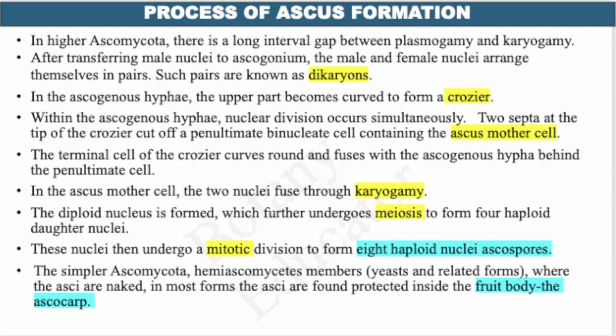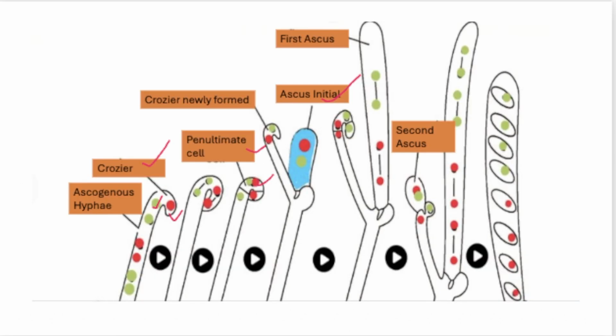In this long interval, a structure is formed known as dikaryon, where the male and female nuclei are arranged together in a pair, right? And with the nuclei pairing up, a structure is formed that is known as ascogenous hyphae. This is the ascogenous hyphae, right? This is the ascogenous hyphae. So after the